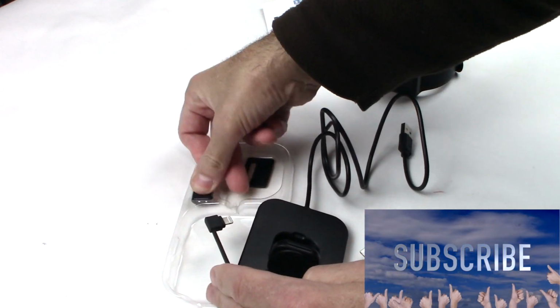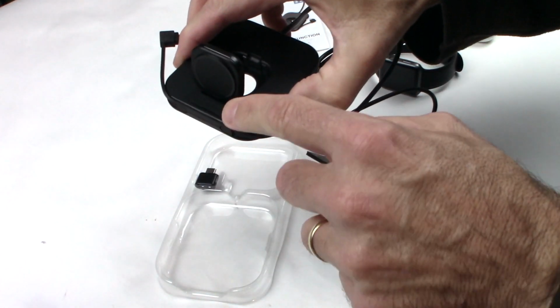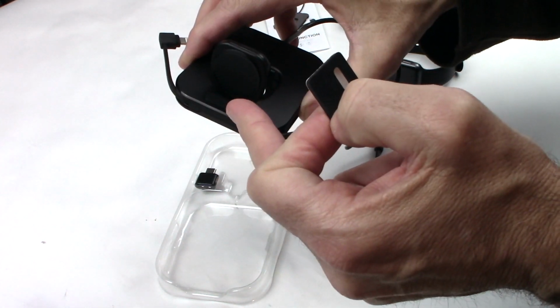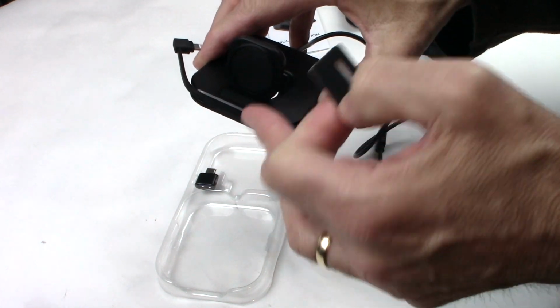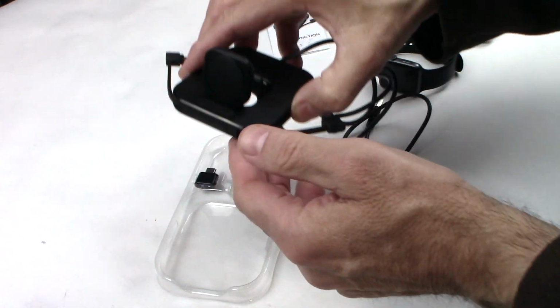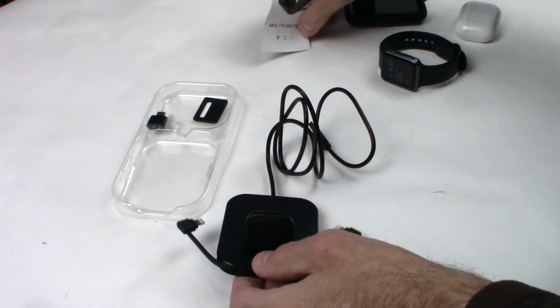Put that back on here, and they also give you 2 little soft pads here. What that does is you can just stack them on top of here and give you some height, so you can adjust it for different watch sizes. A smaller watch or bigger watches, maybe you need 1, maybe you need 2, maybe you don't need any. So they give you that as well. So let's just see how that works. We're going to plug this in in a second. So let's take a look at the